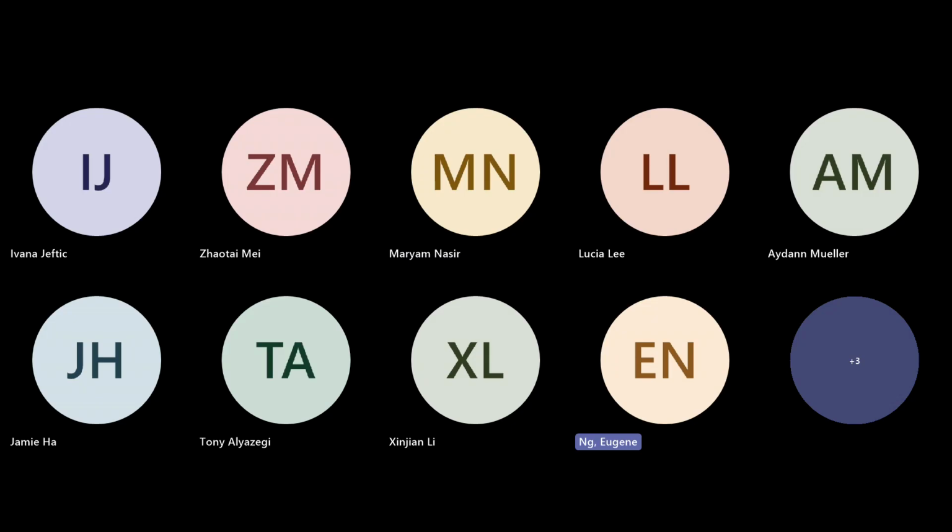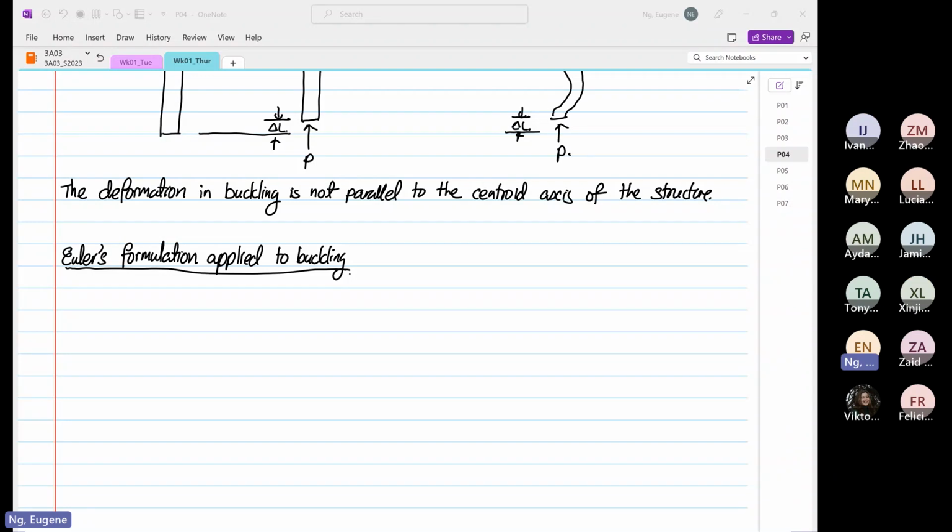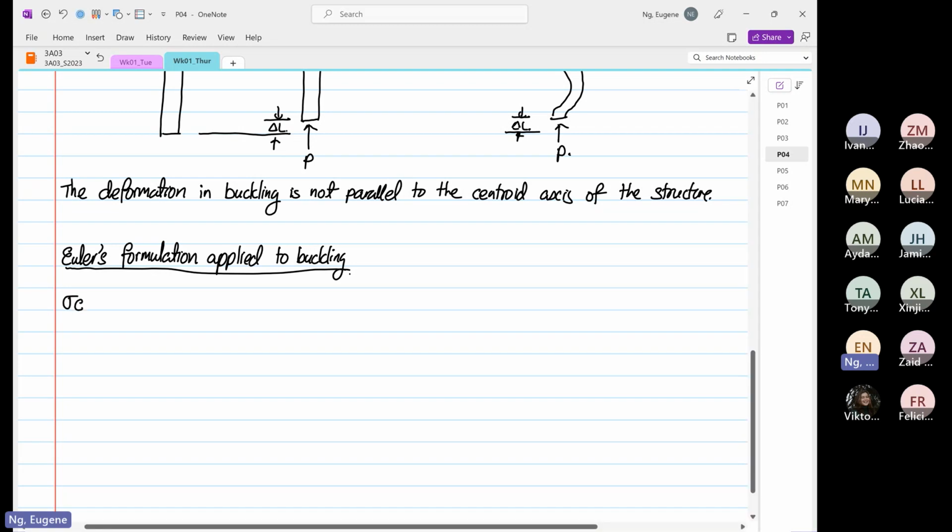The relation applied to buckling, and as you can see, axial loading theory is no longer valid. Okay, we cannot use that. So before we do that, I'll write out the general formula that is used in buckling. Okay, so it's equal to the critical stress